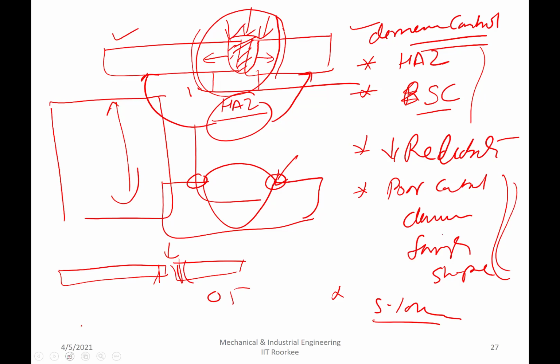Okay, and lastly, one point is about the need for secondary processing, because whatever weld bead is created may not be good. So all these need to be flushed out from both the sides, root side as well as the top side, so that a smooth machined surface, free from stress raisers, is produced.